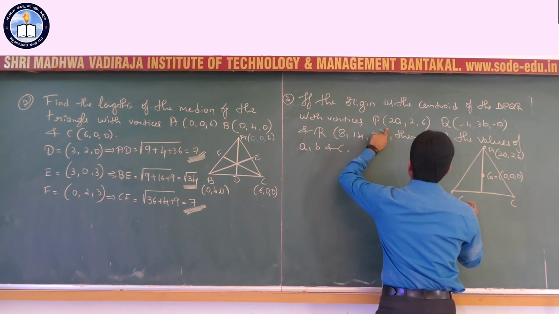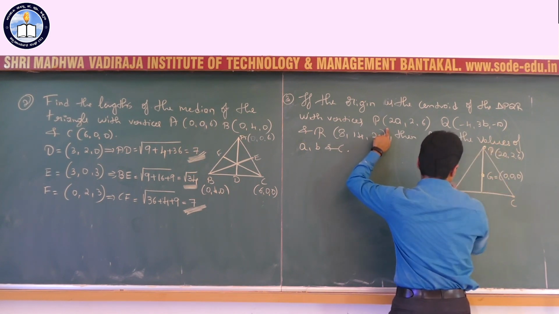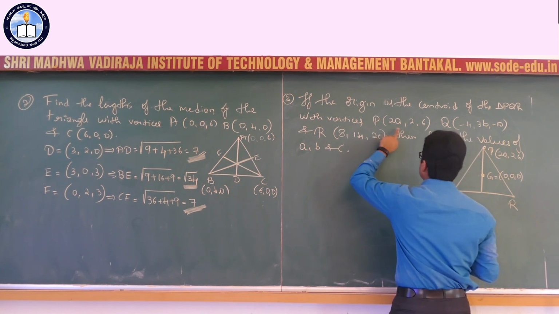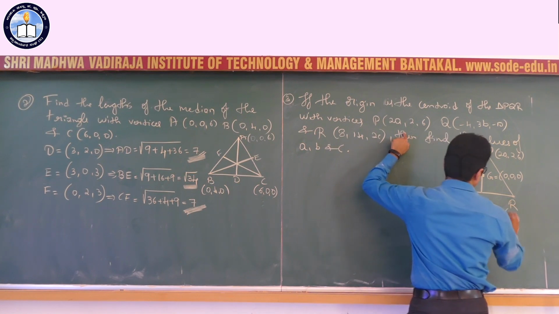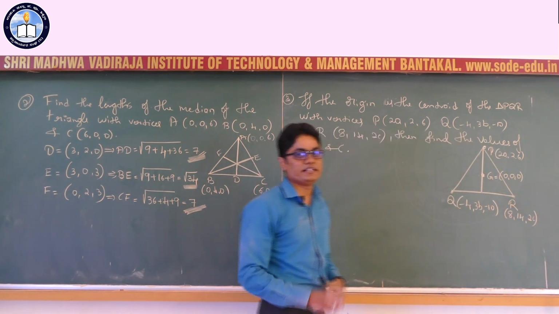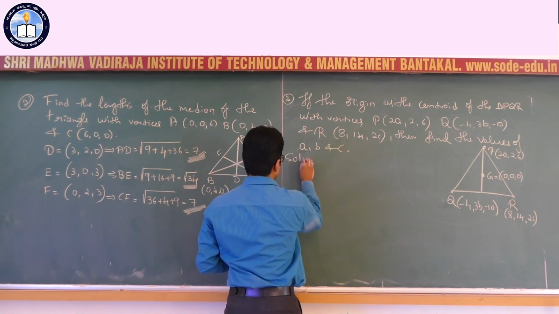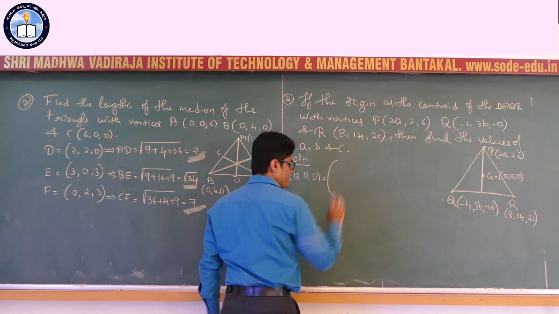Coordinates of B, you know, they didn't use ABC, they used PQR. Okay, let us follow the same thing. Q, you know, is minus 4, 3B, minus 10. R, you know, is 8, 14, 2C. And it is given that the centroid is 0, 0, 0. So use the centroid of a triangle formula. 0, 0, 0 is equal to, just now we derived, no?